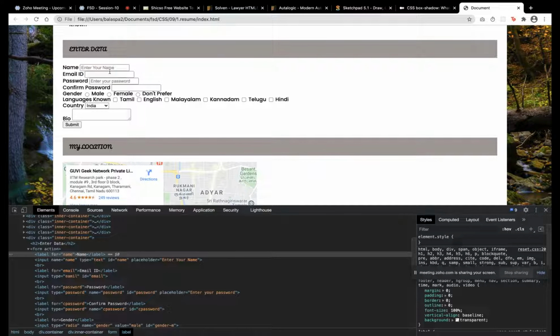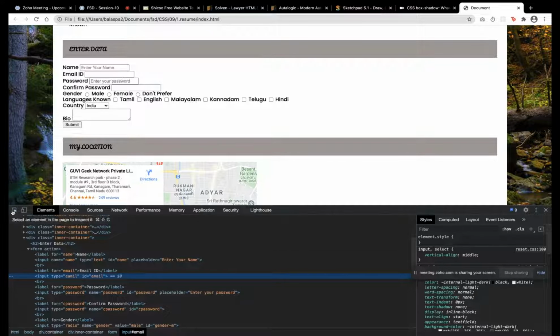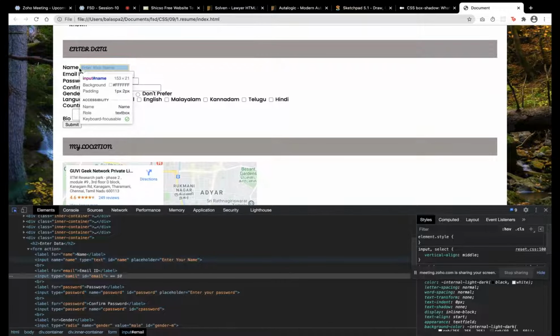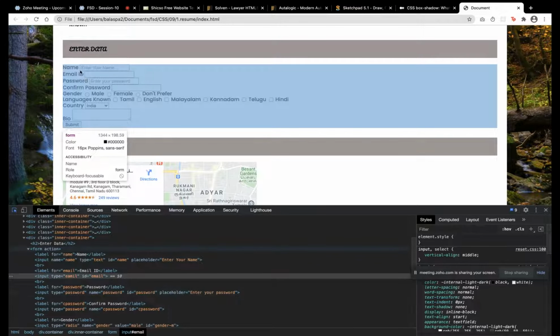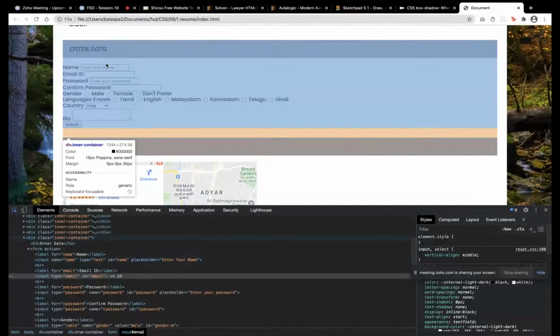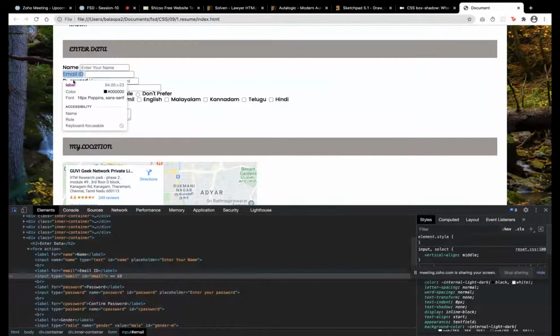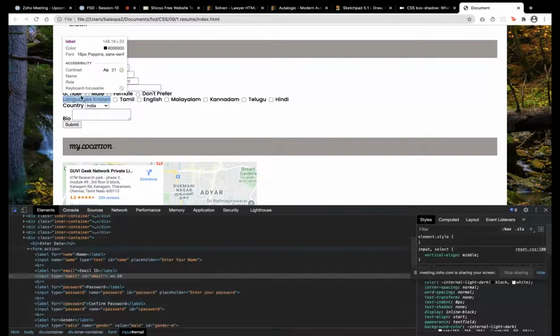Each field value, like this text input and this email ID input, is starting from different places. But I want a layout like name, email ID, password, confirm password and gender to come in a straight line, and the others should come on the same line after giving some space.